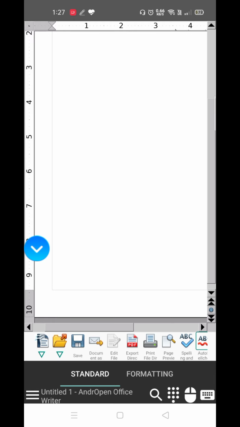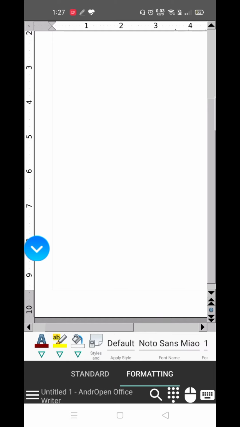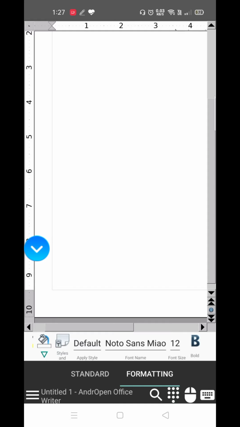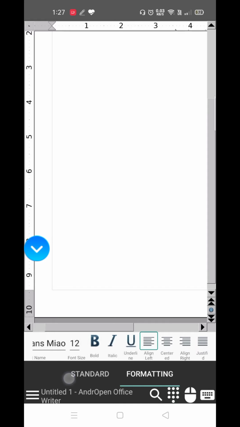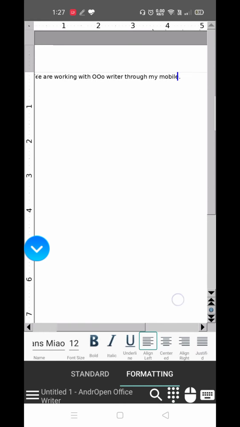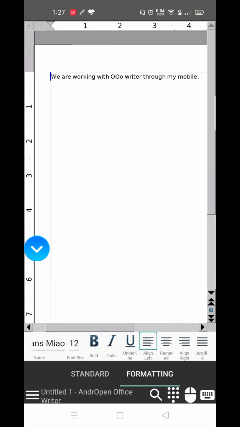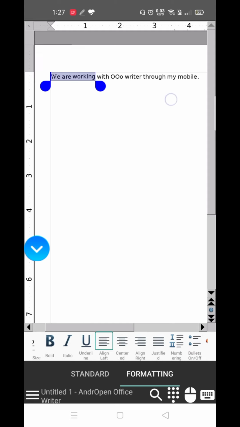Now next I will show you the formatting toolbar. Well, for working with the formatting toolbar, we have to click on this format button. And as you can see that over this side we have all our formatting toolbar options like font size, bold, italic, underline. Let's suppose I have to write this line in bold, so I have to select the piece of text. Sorry for that. Double tap on this. Double tap, select your text, then select the bold option. Fine. Then select the italics option, then select the underlined option.